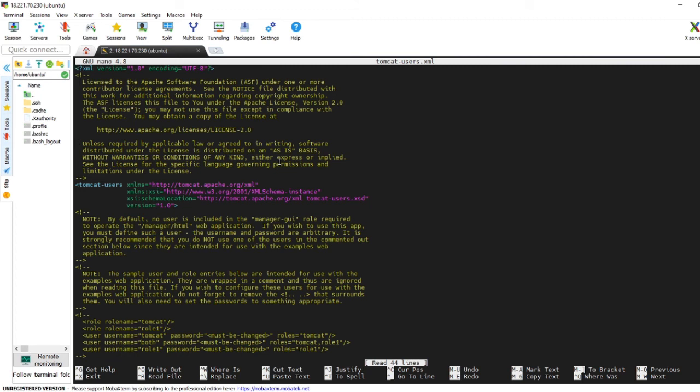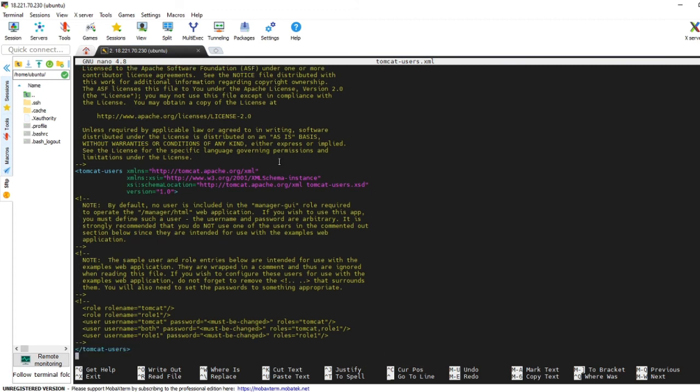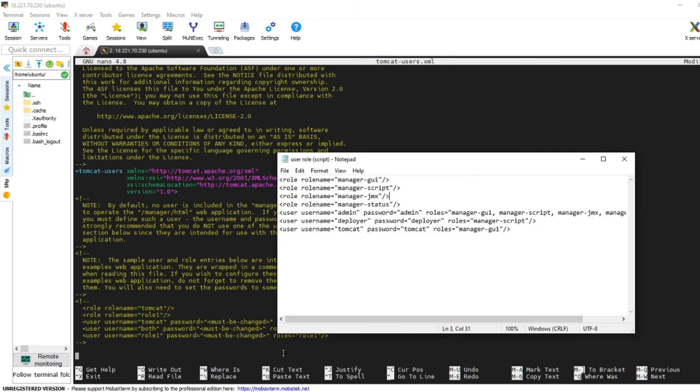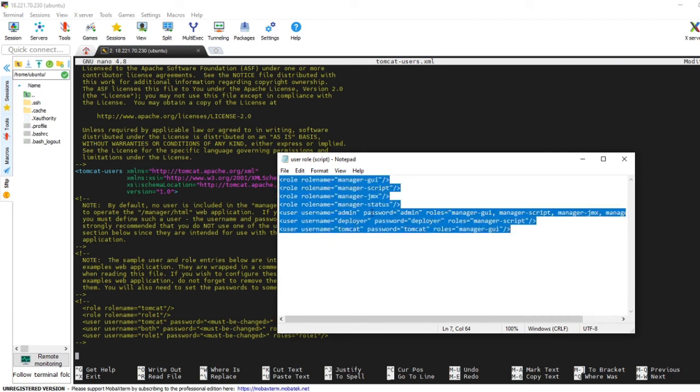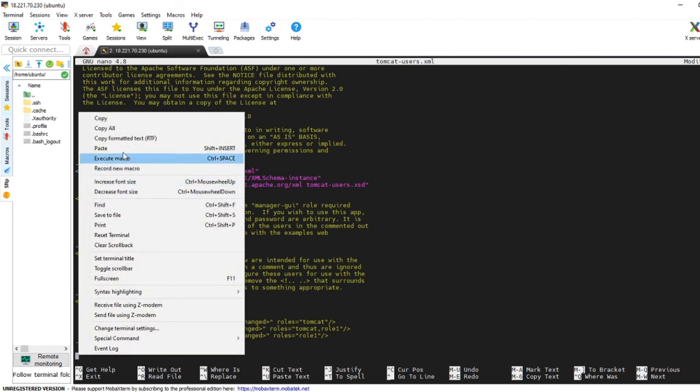So we will come to the bottom, and before this closing tomcat-users tag we will paste our code. So I'm copying the code from here and pasting it here.